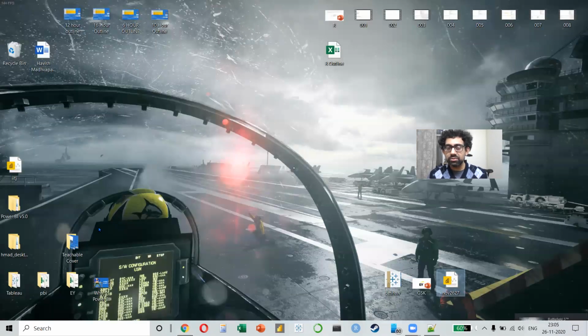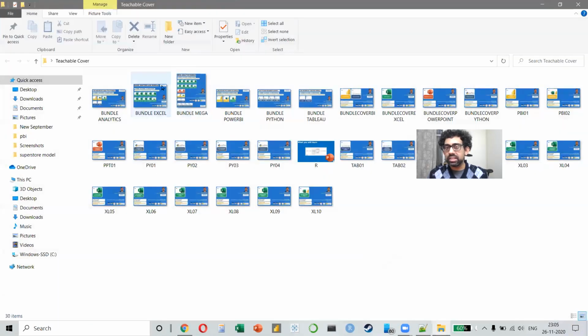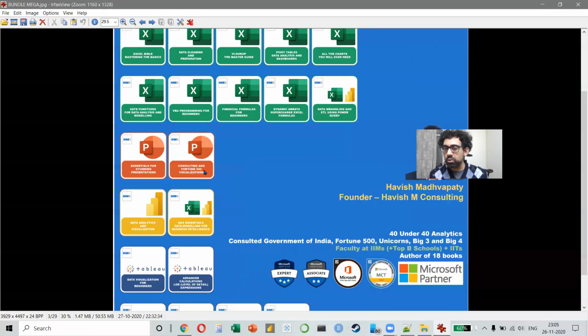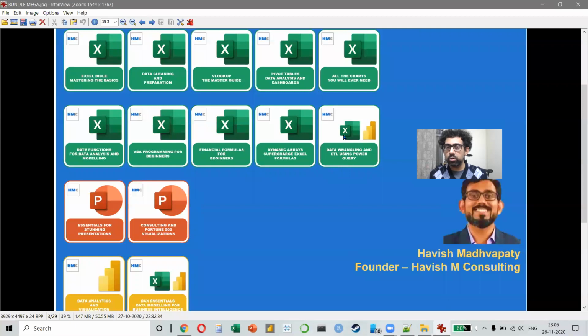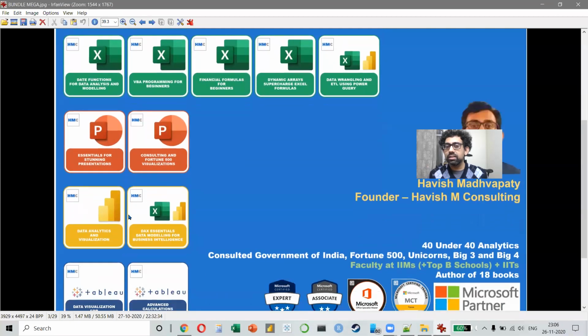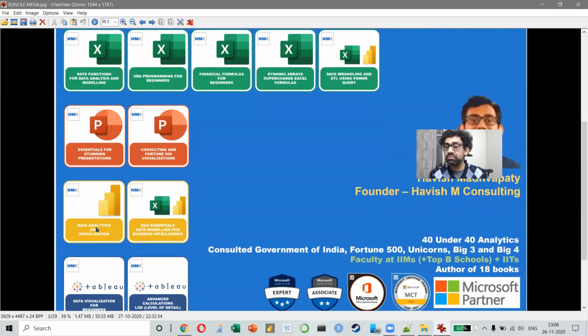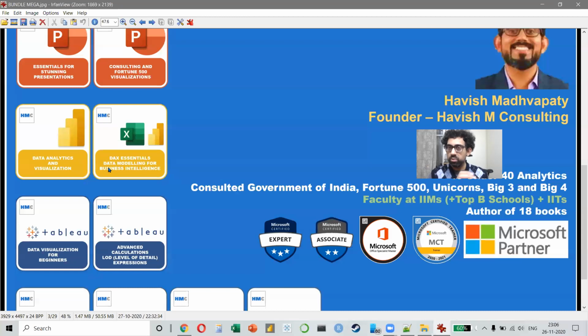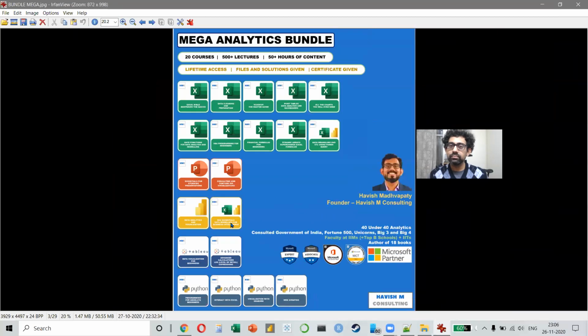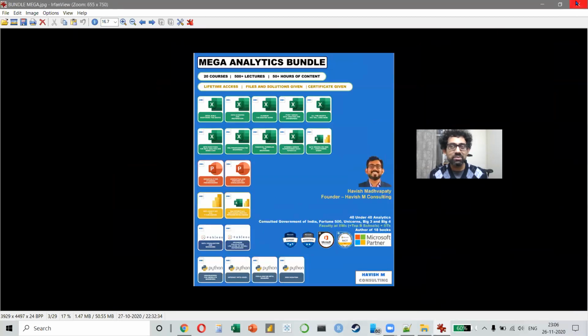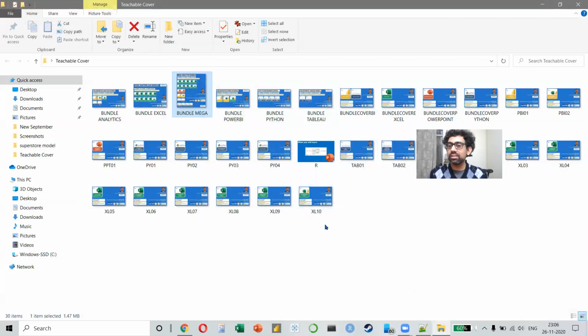In terms of the courses that I've shared with you, there are actually three courses. One is Power Query, which is for both Excel and Power BI, which is a 3-hour course. Then there's a 5-hour course on Power BI, which is a basic to intermediate course, and then there's an advanced course on Power BI, which is specifically for DAX formulas, for data modeling for business intelligence. Don't worry, I've given you a lot of content. It's just that you have to take out the time to do all of it.